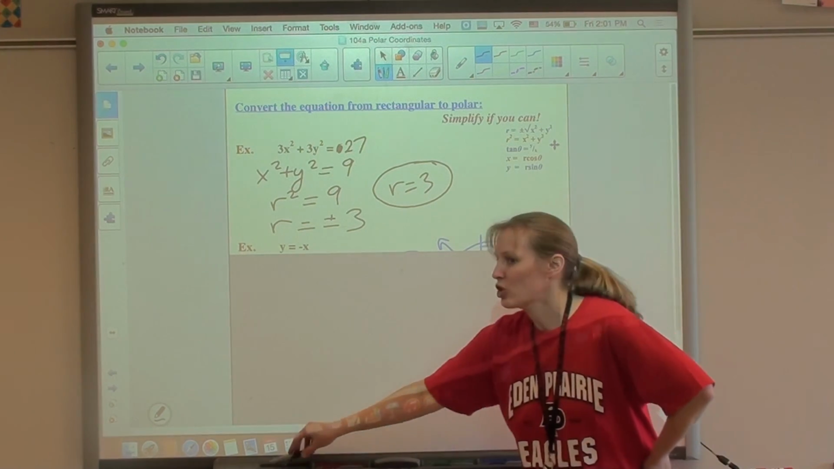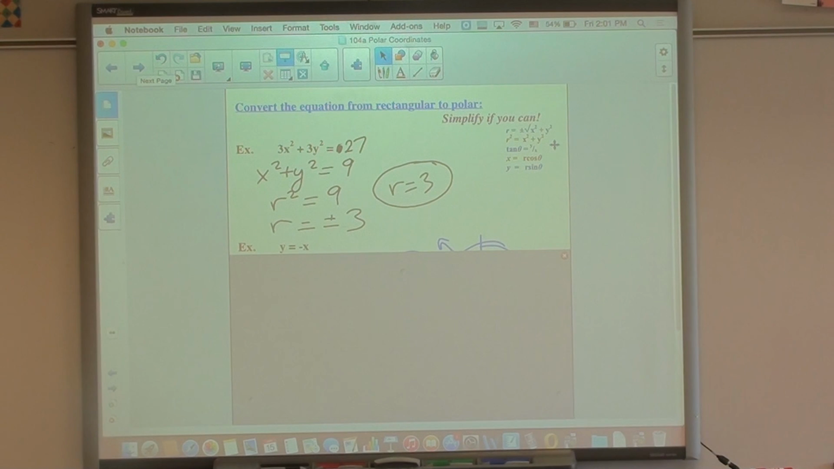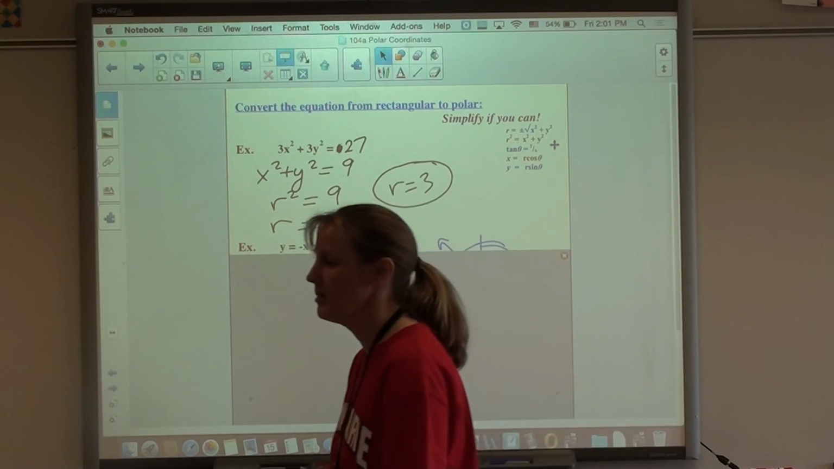Okay, I want you to try and see if you can figure out as many of these as possible to convert from rectangular to polar. So you're given x's and y's, you want r's and thetas. However you can do it, and sometimes there's more